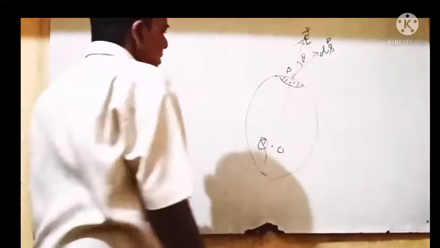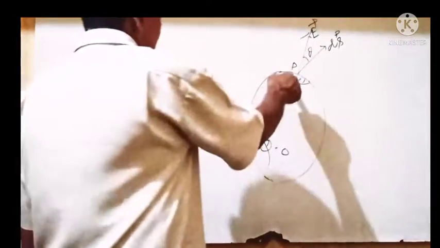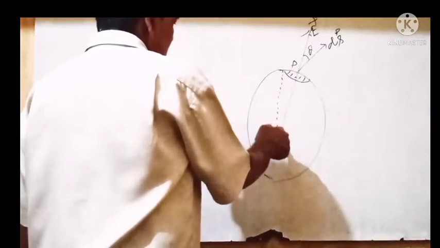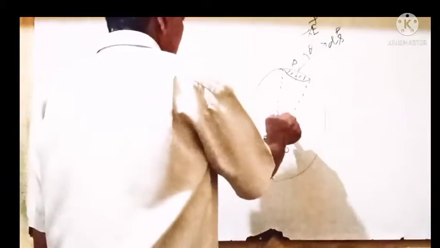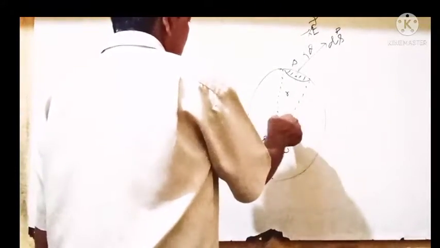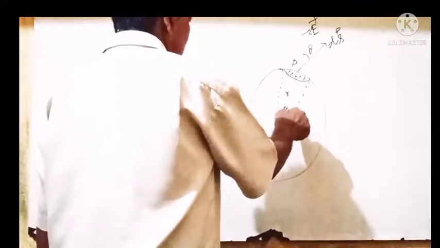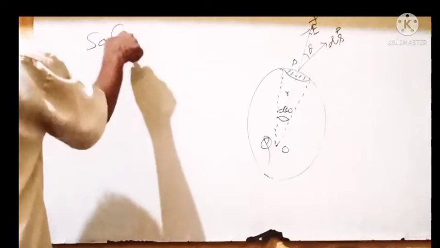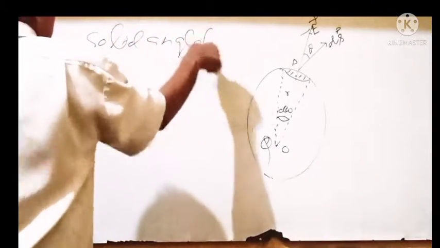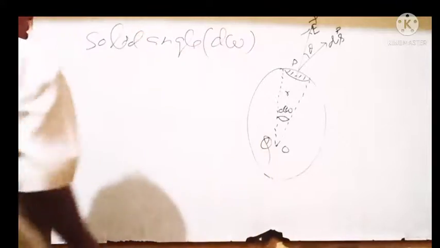An angle between both is theta. This is the area, small area ds, and this is the electric field at this point P. Now we will go a cone. Suppose that for this area, here is a cone. And what is the solid angle? This distance is equal to r, and solid angle is equal to d omega. That is d omega. We are taking a closed surface